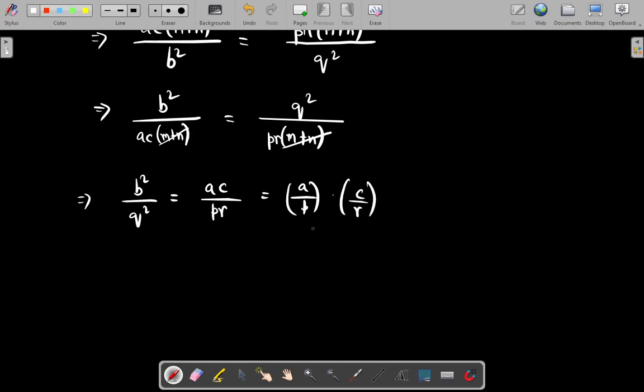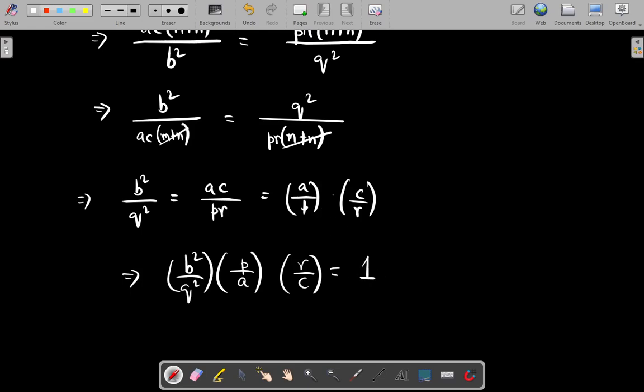Now if I cross multiply again, I get b square upon q square, and this a upon p, if it goes to the other side, becomes the reciprocal, p upon a. And this c upon r becomes r upon c, and we are left with no term present, and these are in product form, so